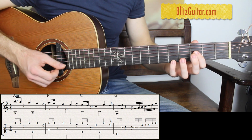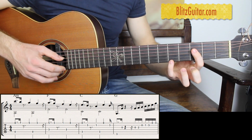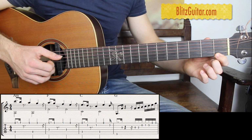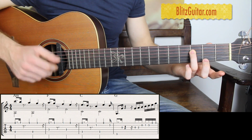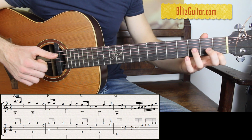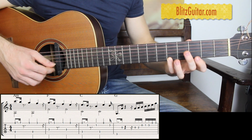Okay, so the melody will start on the first string, fret number 5, okay, and we're gonna have simultaneously the 4th string, fret number 3, which is the root note, the bass note. You want to pluck that simultaneously, okay, and then you have the first string, fret number 3, okay, and then we're gonna have to change position. You have the first string, fret number 1, the bass note again, which is the 4th string, fret 3, and the first open, okay. We're gonna do one more time slowly, okay. So F major, start with 3 and 5 simultaneously, fret 3, fret 1, bass note again, okay, and the first open. So far I have 2 chords: A minor, F major,